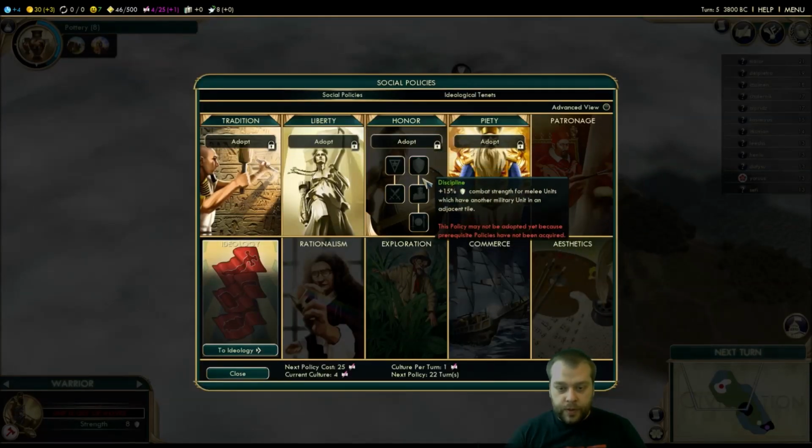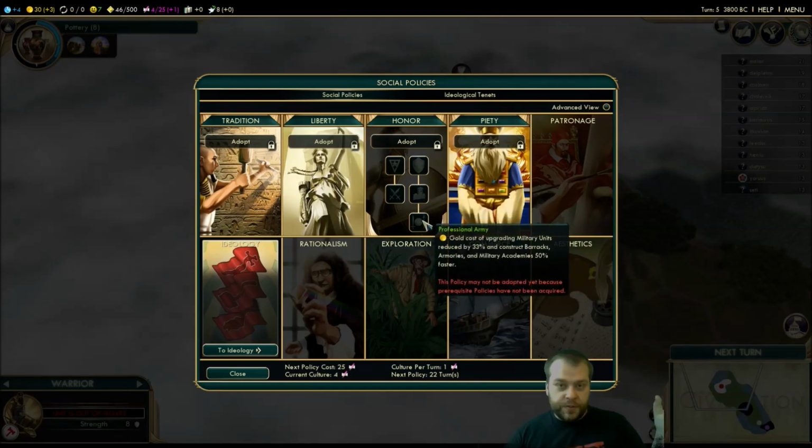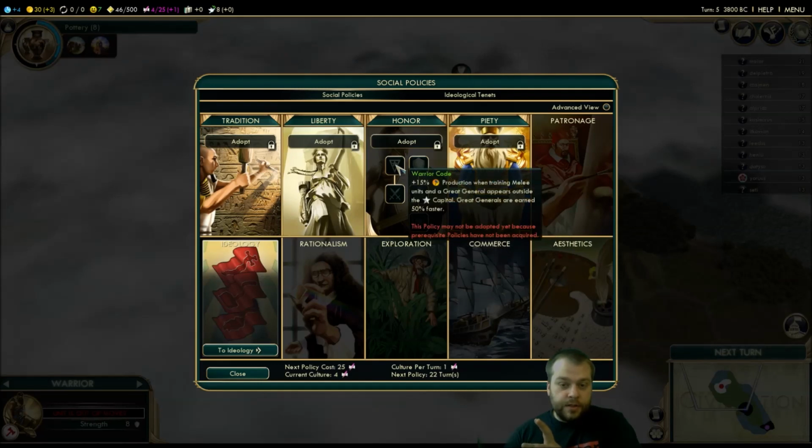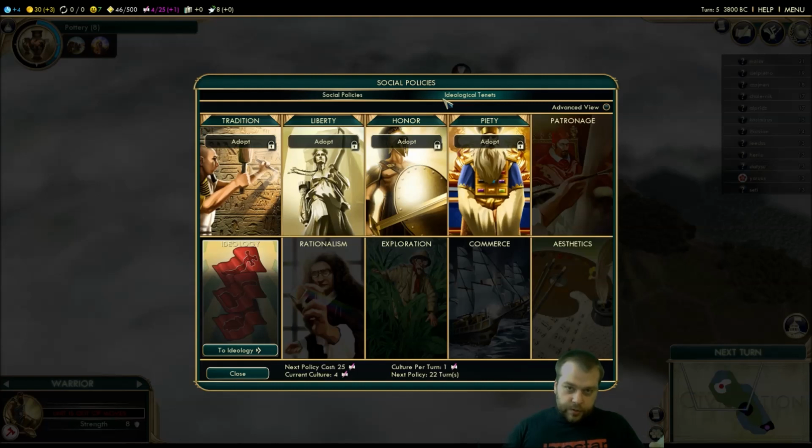Yeah, like melee strength, happiness, culture per city with a garrison, which fits perfectly with Tradition. Gold of upgrading military units reduced, and constructing barracks, military academies, and all that stuff a little bit less, and production, generation, experience. I want to get Honor and I want to get Tradition. Now, taking into consideration there's going to be a war game,